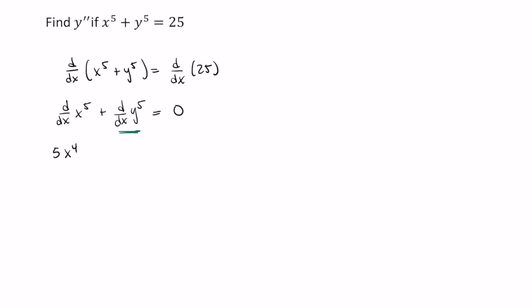Now, to find this derivative, recall, implicit differentiation is just applying the chain rule. What I'm saying here is that we're saying y is some function of x, and we don't know what this function of x is. So y to the fifth is equal to g of x to the fifth power. So if you're applying the chain rule here, that is, you're finding the derivative with respect to x of this function g of x to the fifth power,